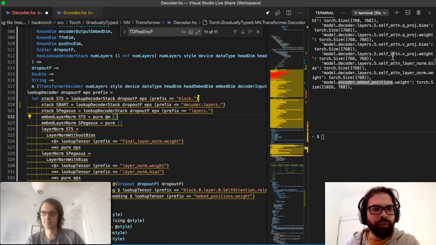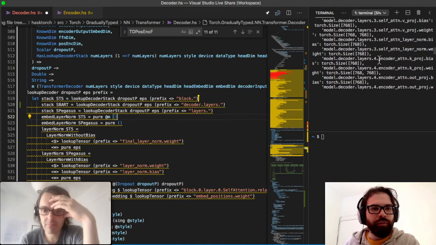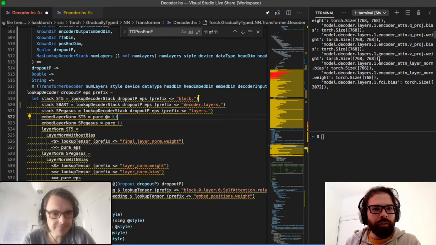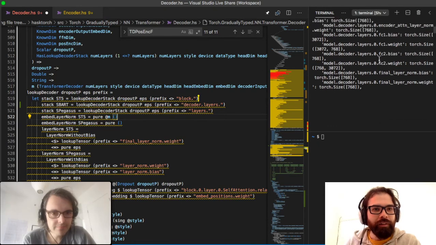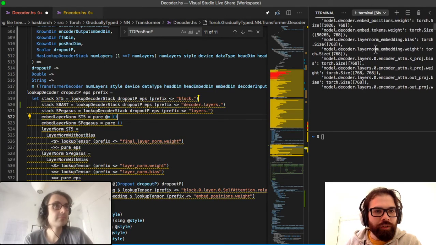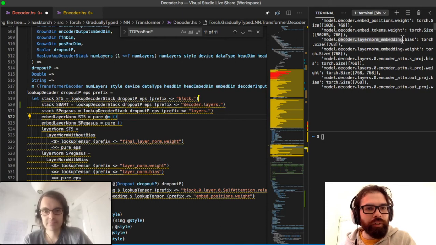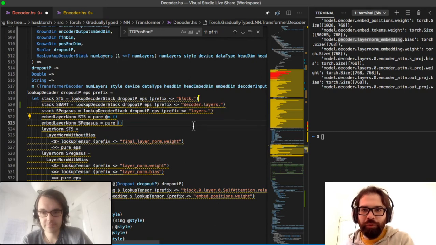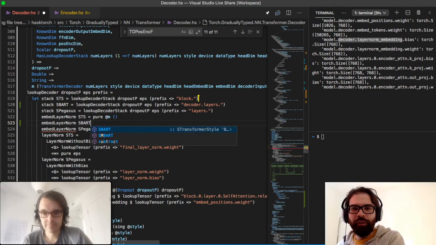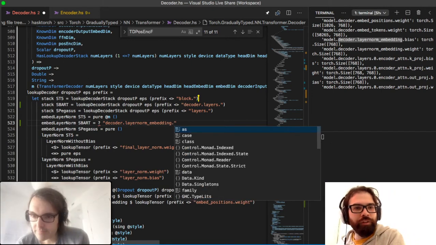Do we have one of those in the decoder? I need to scroll through 5 layers of decoder to know the answer. 6 layers, because there's 0 as well. Okay, after that there's layer norm. Is that this layer norm? Embed layer norm? Yes. So decoder dot layer norm embedding. Oh, and this time they're both equal to pure, so I can't just copy. That will be harder. So embed layer norm for sbart will be equal to something of the string decoder.layer norm embedding, probably dot weight